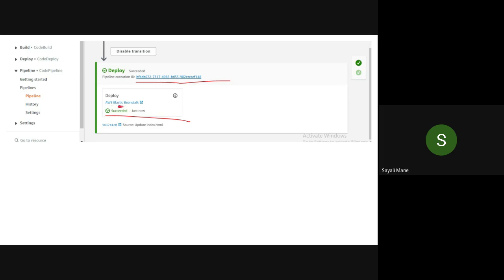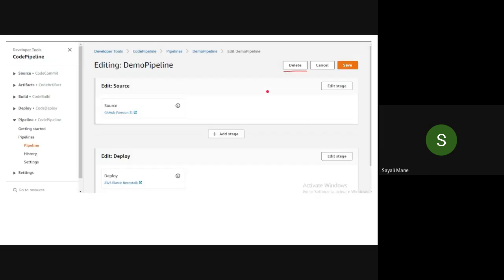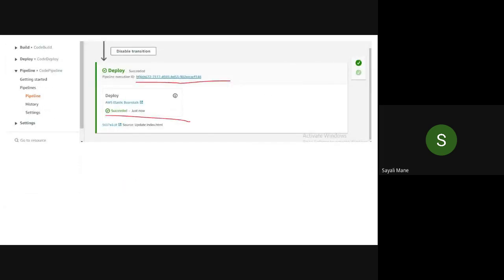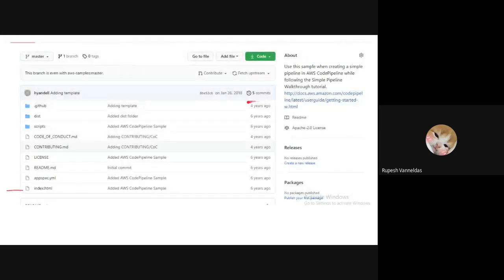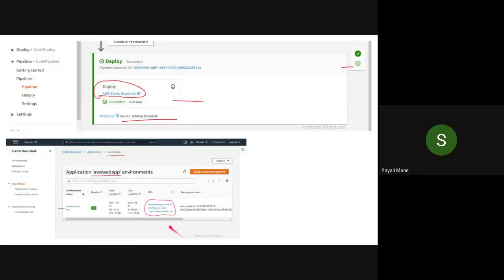Those who have finished, under the deploy, please click on AWS Elastic Beanstalk. You will get the same message, this one, like the URL.